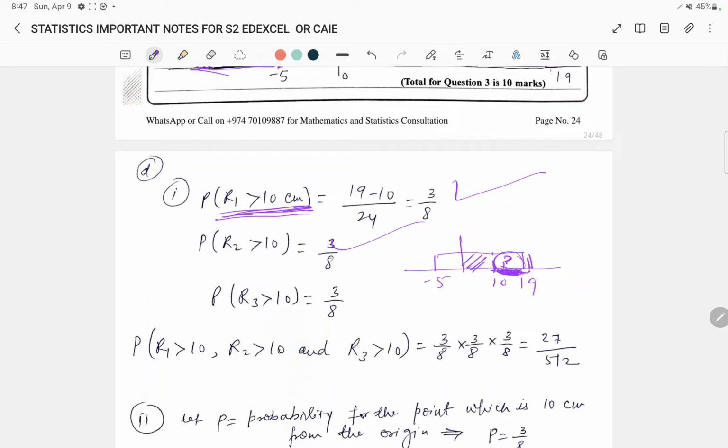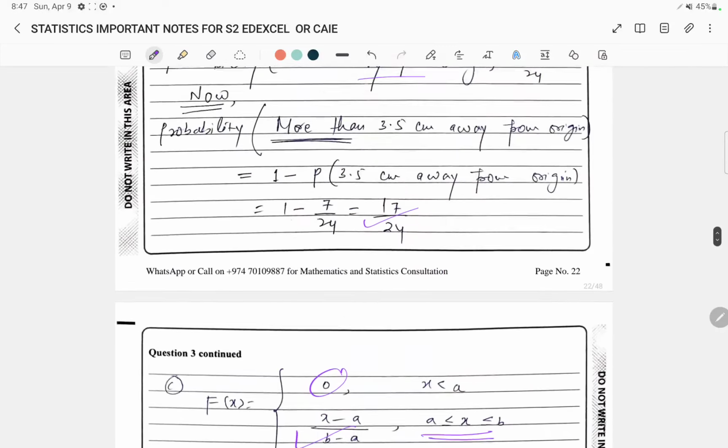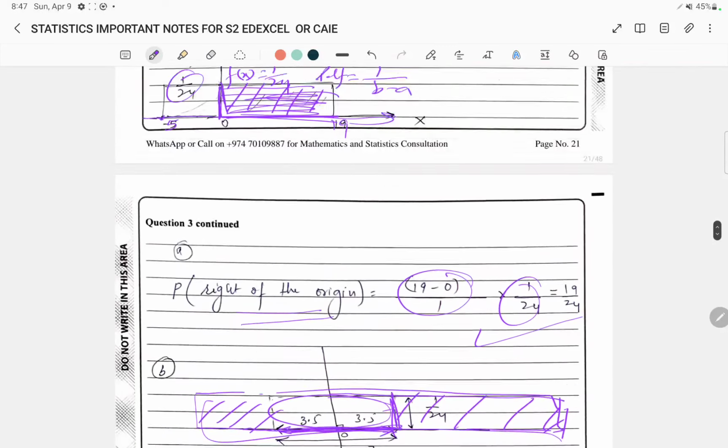R3 will also cover here, and these three are independent, right? So R1 greater than 10, R2 greater than 10, R3 greater than 10, these are independent, so just multiply: 27/512. Now we have